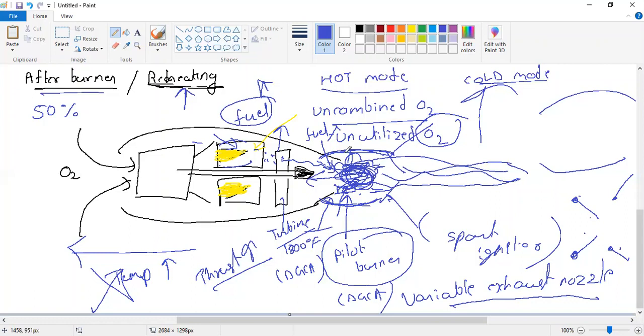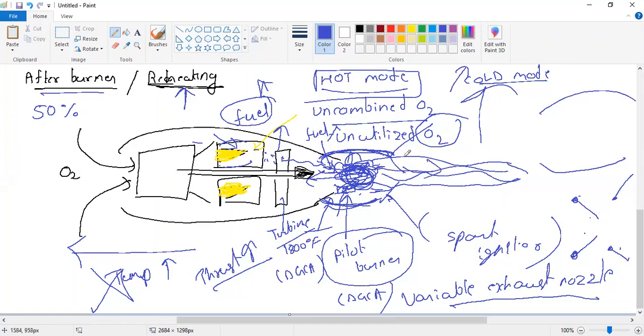So when the aeroplane is coming back over Indian airspace, it will try to conserve fuel so that it can reach the destination airport. In this case you obviously require more fuel. You have already hit the target and you are coming back, so the aircraft will have less fuel, and it doesn't make sense to run the hot mode. So at that time they run in the cold mode. When you are running in the cold mode, this is just a pipe, nothing but a pipe through which the gases are passed.